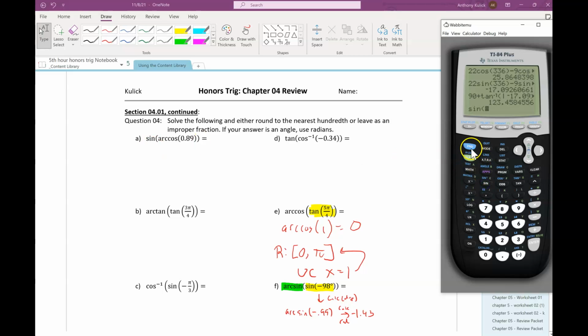So I'm going to do sine of cosine inverse 0.89. Since 0.89 is in a unit circle value, I don't have to worry about looking it up. It's just purely a calculator problem. So 0.456. Okay, I was just confused about the P saying